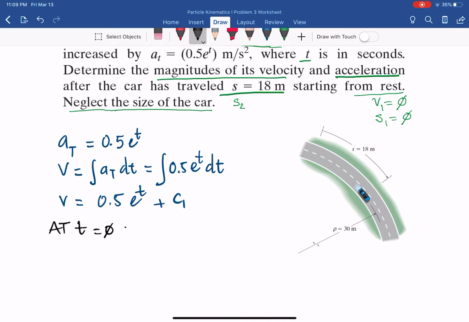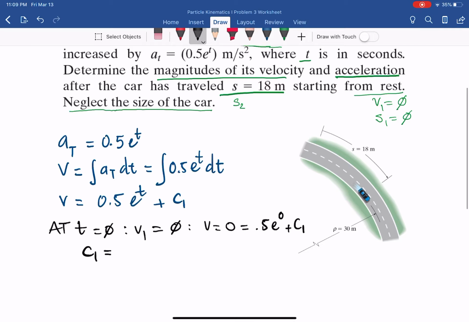So we have v1 equals 0. And from that, we plug into that equation. We can have 0 equals 0.05 e^0 plus C1. And e^0 is 1. So as you can see from that, I can have C1 equal to